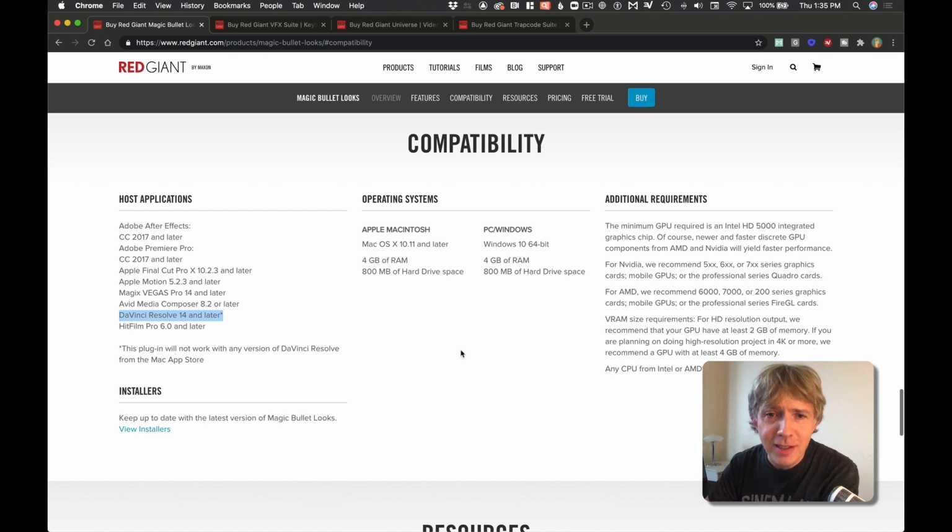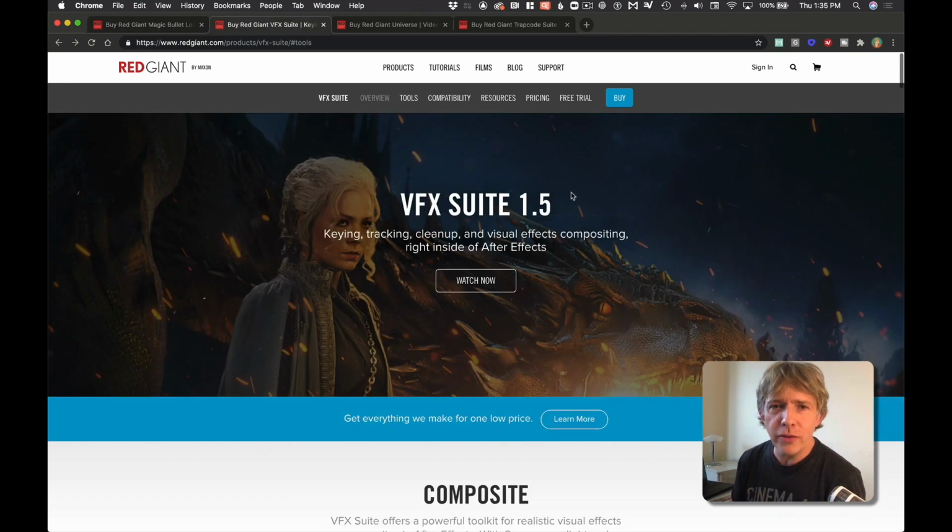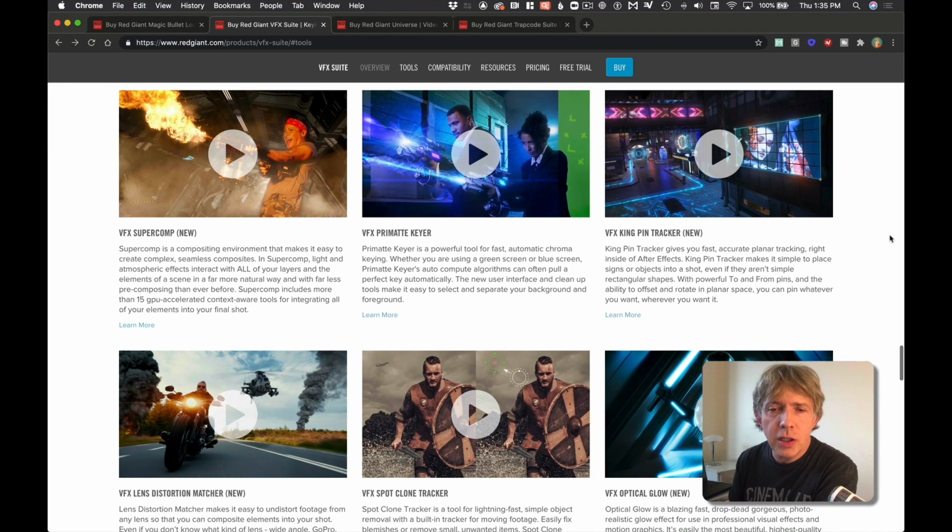So I think that's the fastest I've ever gone through Magic Bullet Suite, but it's just to give you a flavor of those things. So quickly jumping on to the next one, let's have a look at VFX Suite. We'll look at Universe in a second. And VFX Suite is another series of tools to make your images look better. And if we just jump into the tools here, we have a collection of tools that allow you to do all those really annoying things that, well, they're not annoying per se, but there's things that are tedious and take